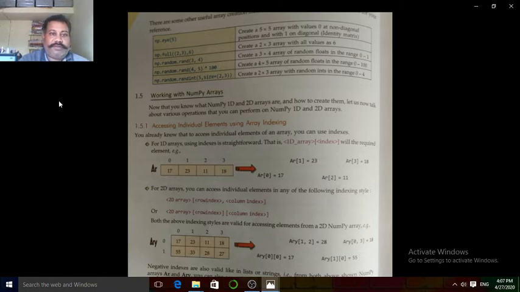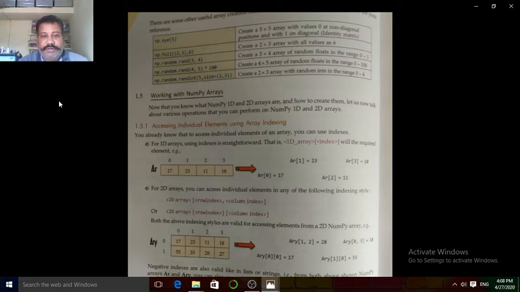Now see how we can work with a numpy array and how we can access the individual elements using array indexing. We have already known that the indexing of an array starts from 0 to n minus 1.